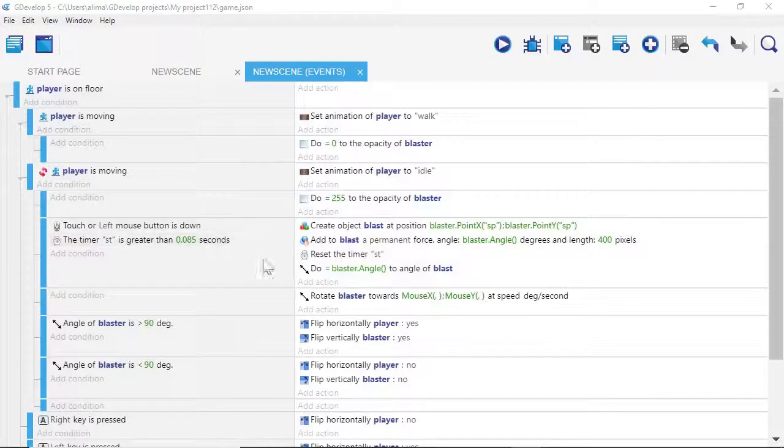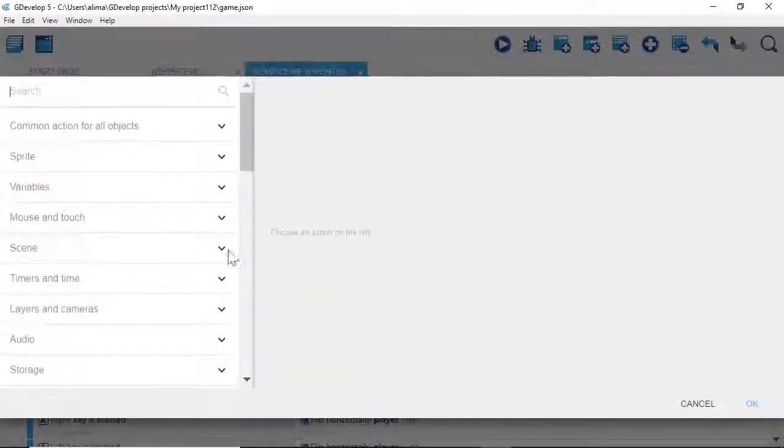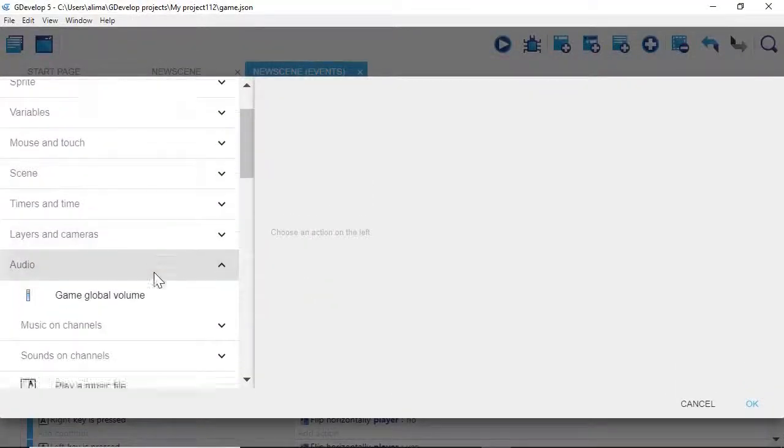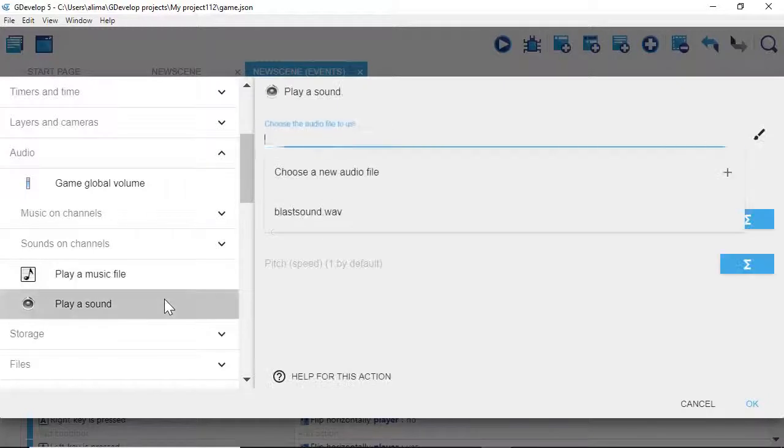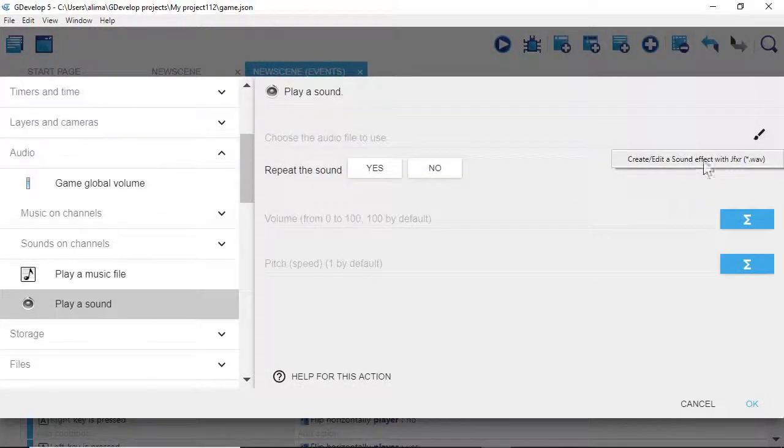Okay, we have this event right here. Let's add a sound effect. We have two conditions, 4 actions. We're going to add another action. So we're going to click Add Action. We're going to go to Audio. We're going to go to Play a Sound. We're going to go to this paintbrush right here. We're going to click on these words to say Create/Edit a sound effect with